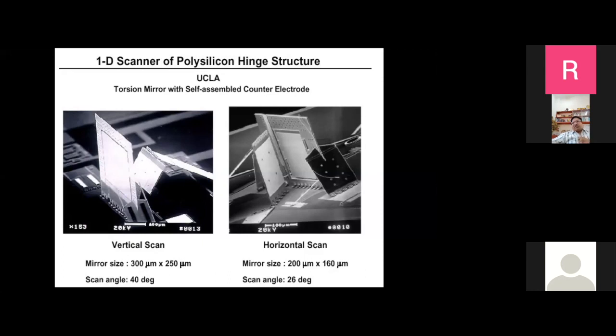Originally, people thought that these mirrors can be used for display applications. You can deflect the light in different directions and make optical displays, like what we see nowadays outside. You see a lot of displays like LED displays and so on. Similarly, people have thought that these can be used for displays, but of course now more sophisticated applications are possible. Okay, let us go to one more slide.